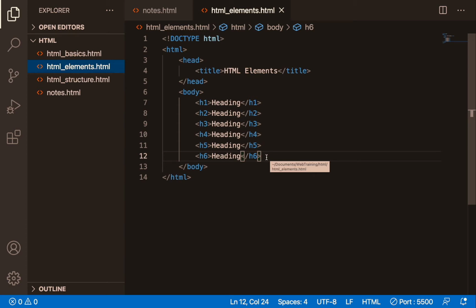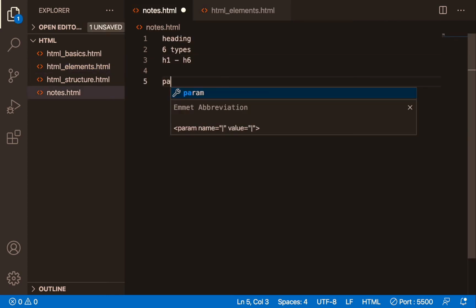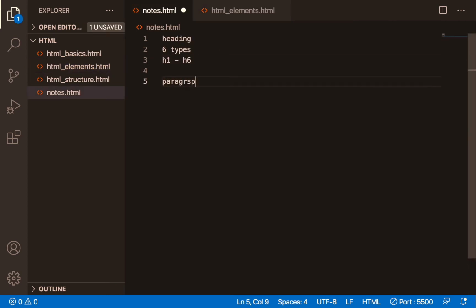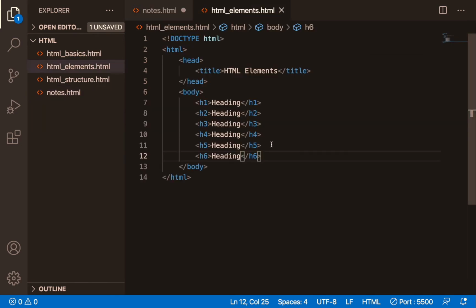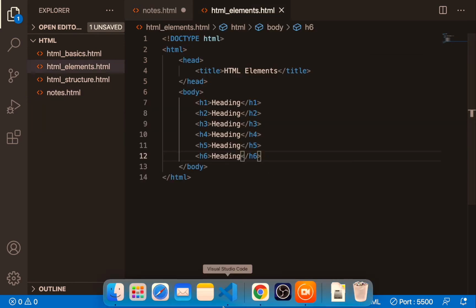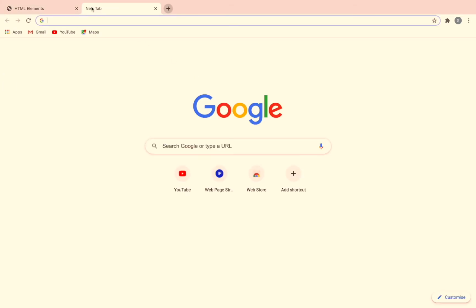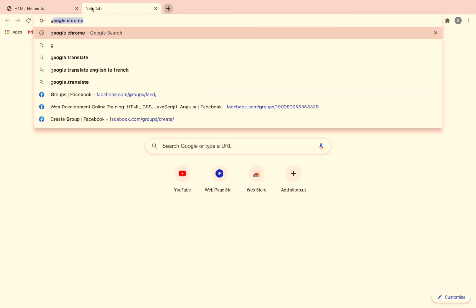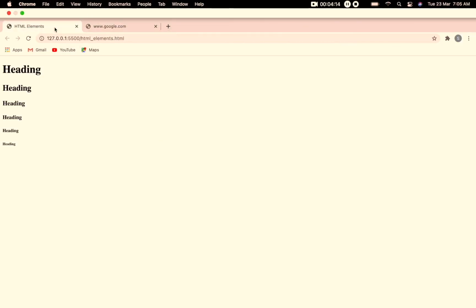Okay, next one, paragraphs. For paragraphs we will use the P element. Okay, let's say you have some paragraph, go to Google, okay, no internet I think.